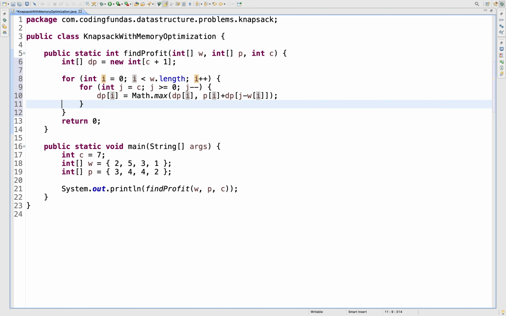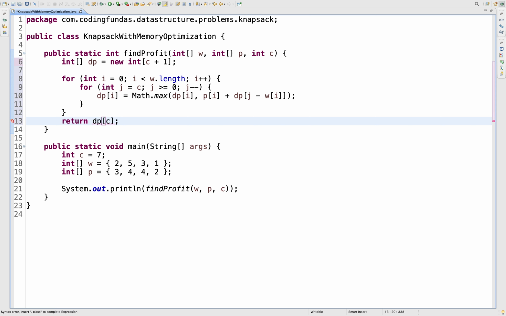Okay, and my return value will be dp of C, the last value that I will have. And one more thing, this j minus wi should be greater than or equal to 0. That is, you can also say j is greater than or equal to wi.